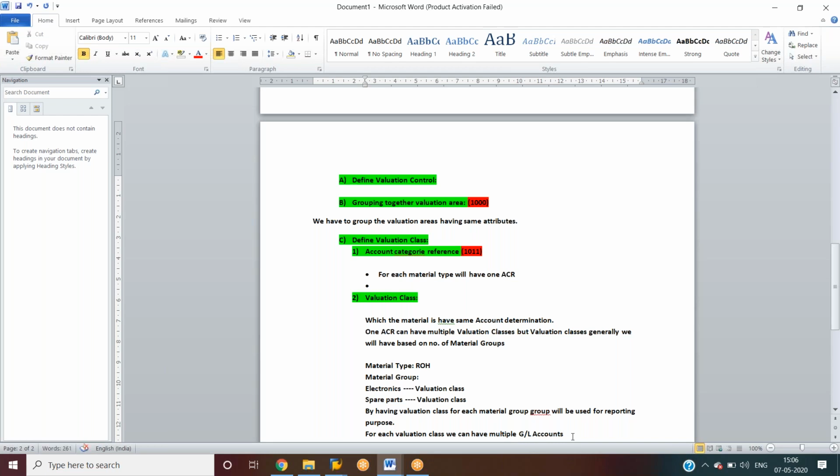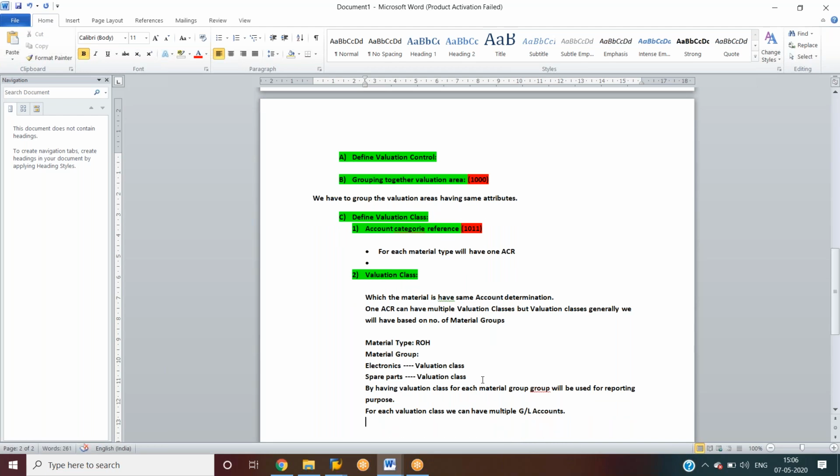For example, I have a material group, electronics. For this electronics material group there is one valuation class, right? So for this valuation class, I can have multiple GL accounts. Let me show you an example.